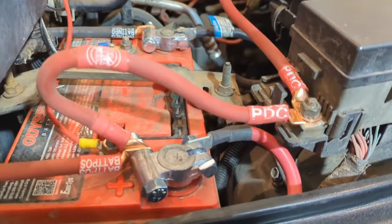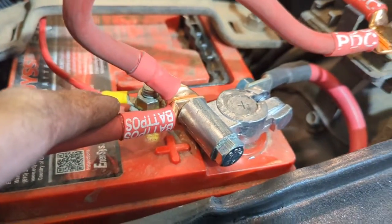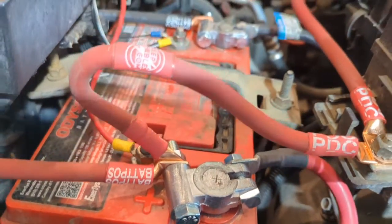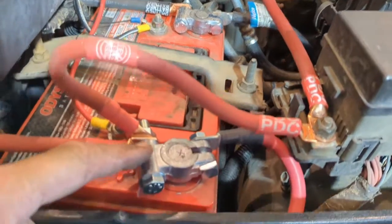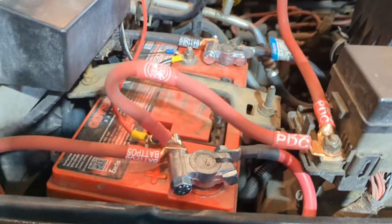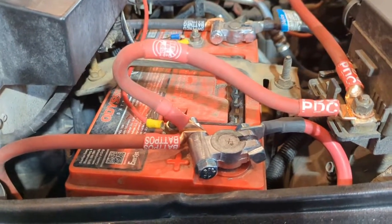And the reason it's making it a pain in the butt for me is I have secondary terminals, as you can see right there. And it's just really close to that secondary terminal. And if I need to make a connection to it, then I'm going to have to take the battery terminal off to get to that. So things like that, you know, they're minor, but at the same time, depending on the battery you have,